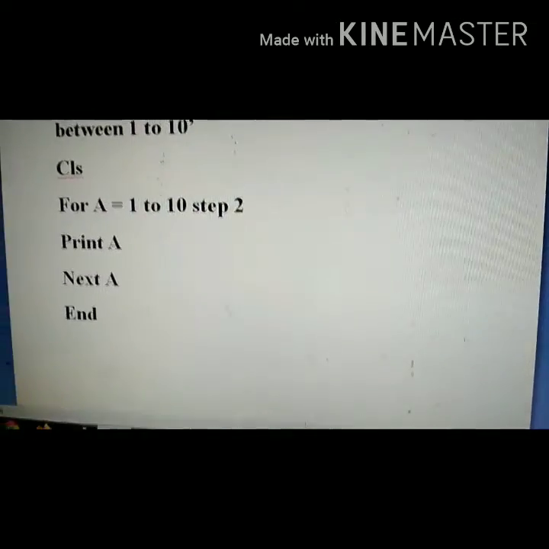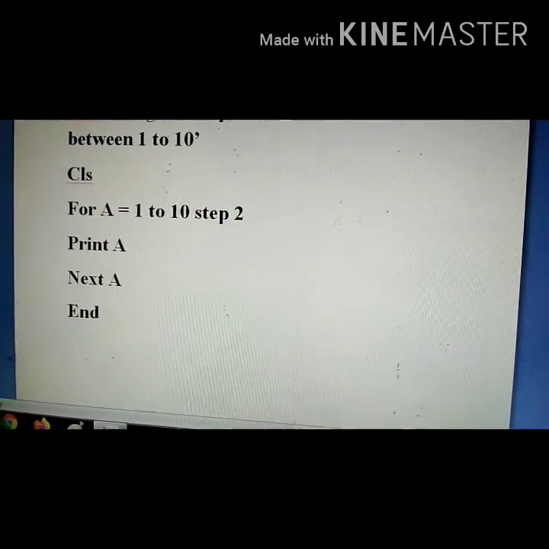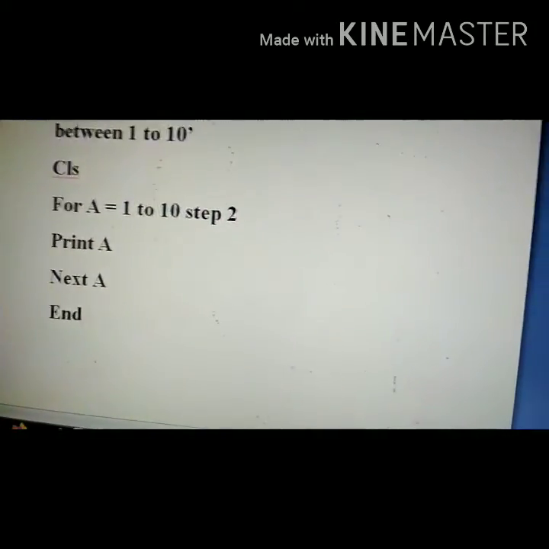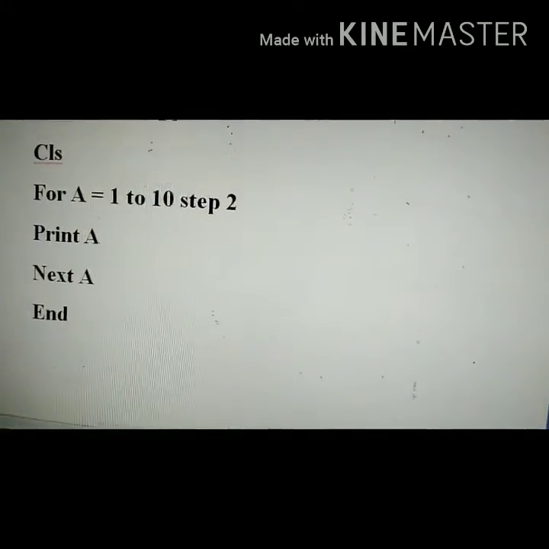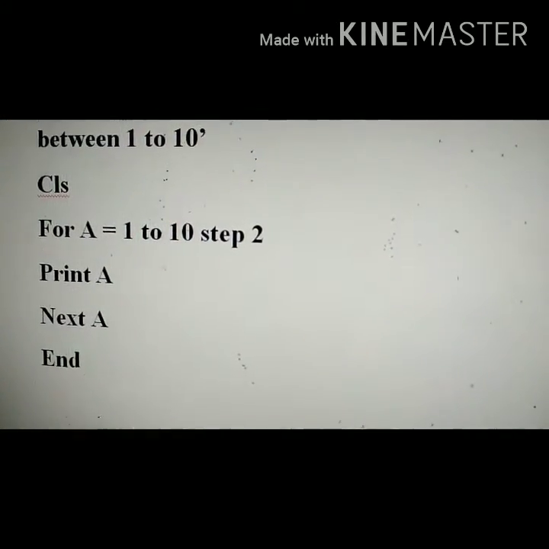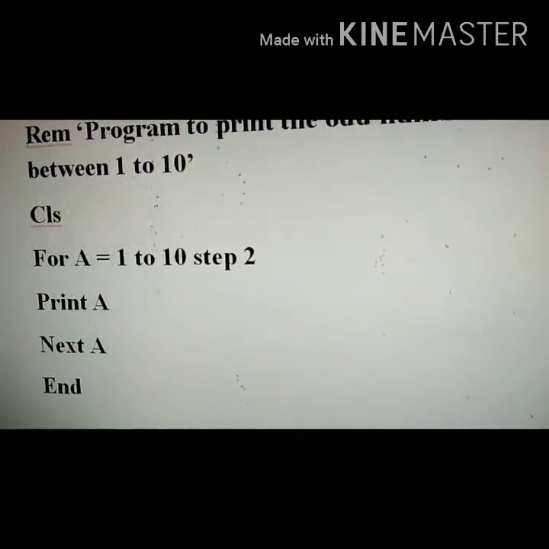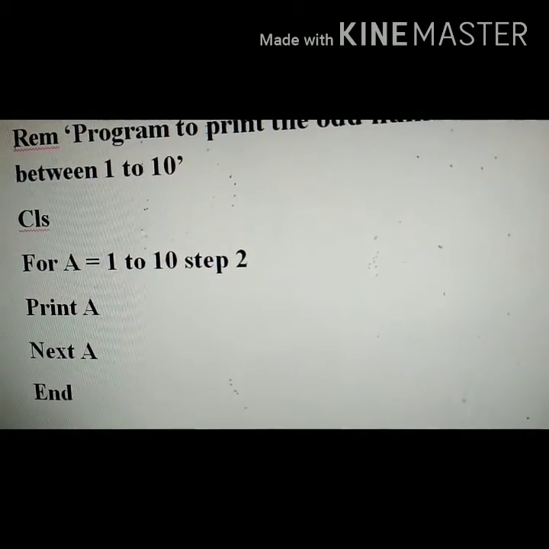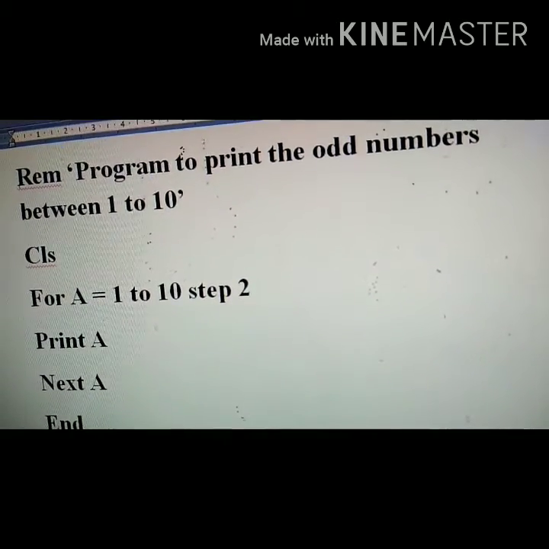And this is how we can get the output. I am explaining the program. The initial value of A is 1. First value is 1, so it is going to print A. What is the value of A now? 1. NEXT A, again it is going to go for the next value. Again it will go up. A is equal to the current value, STEP 2. 1 plus 2, 3. Again it will print 3.